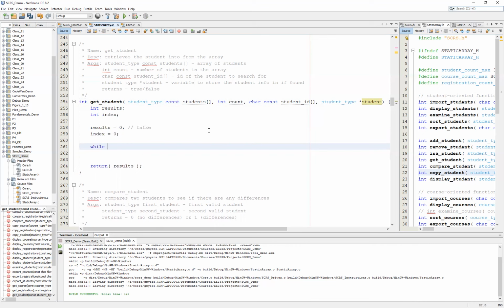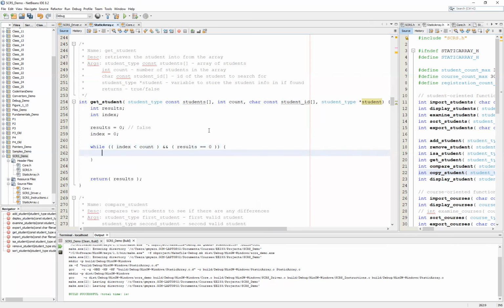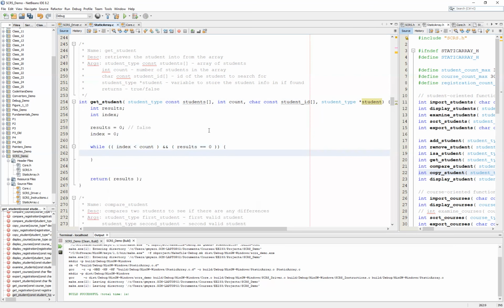So what we're going to have is then two conditions here. Our first one is simply going to be as long as our index is less than our count, and then our results equal to 0. And our results are essentially going to act as a found flag. And so basically, as long as results are equal to 0, we have not yet found a match,